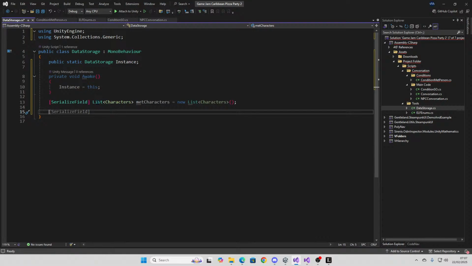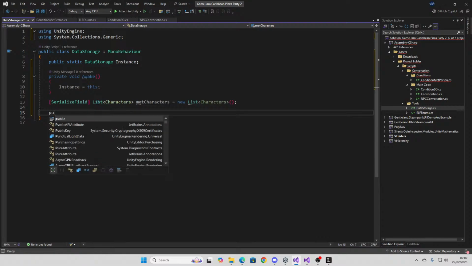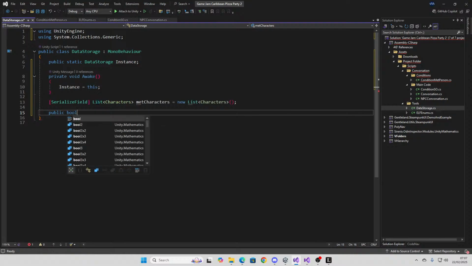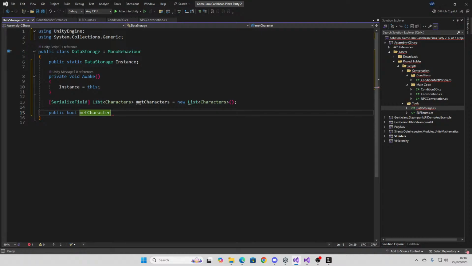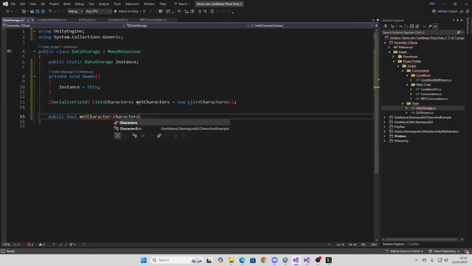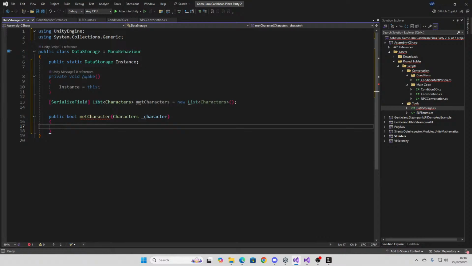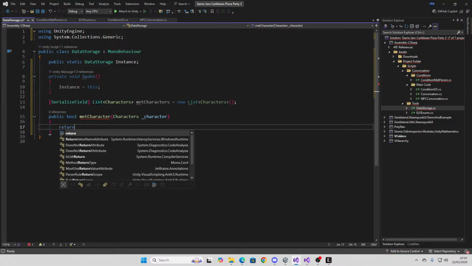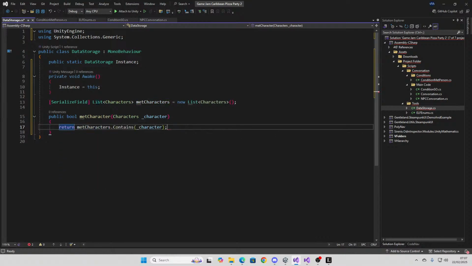Okay, and public bool met character. Perfect. So that's just a check to see if I've met a character, and we'll use that in the condition